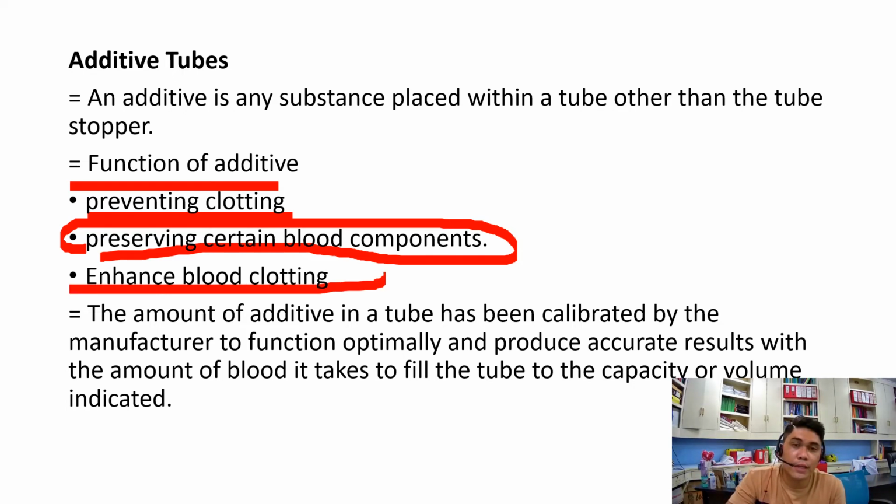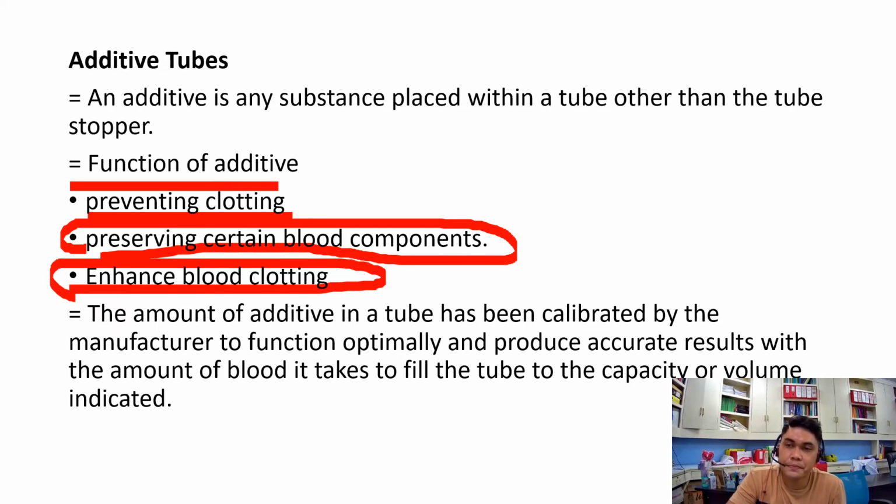And to enhance blood clotting, you add a clot activator like silica or thrombin, so those substances enhance blood coagulation. The amount of additive in a tube has been calibrated by the manufacturer to function optimally